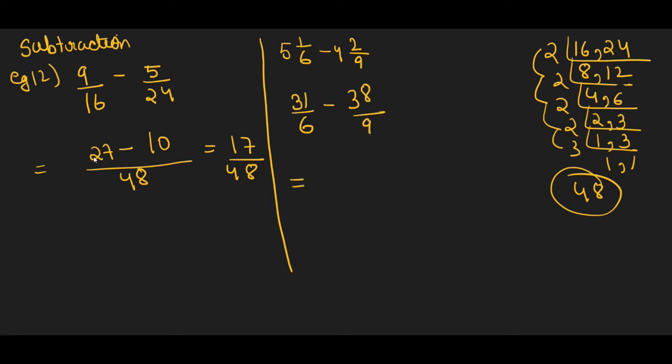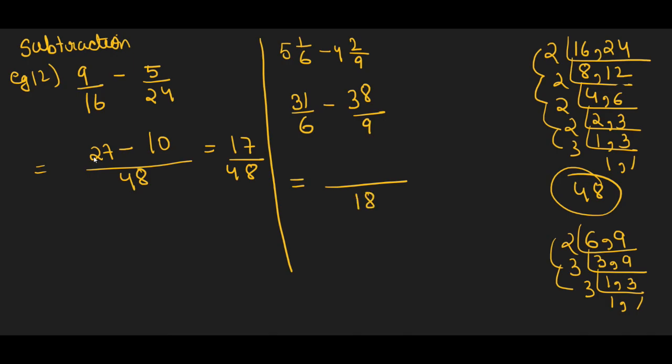And then now you will find the LCM first. So the LCM of 6 and 9 will be 2 3s are 6, 9, 3 1s are 3, 3 3s are 9, 1 1. So 2 3s are 6, 6 3s are 18. So 18 is the LCM here, children, and 6 into 3 is 18. So 31 into 3, 93, minus 76. So this will be 17 upon 18, and this is a proper fraction, so you won't be changing into any other kind of fraction, children.